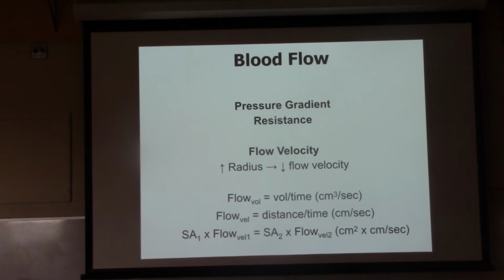So what we're talking about now is, you've got some vessel that changes the radius as you go through. But whatever comes in has got to come out. Right? So when it gets to this larger radius, it's going to slow down. Get a smaller radius, it's going to speed up. Which kind of goes against what we had said back there with the resistance thing. Where that resistance takes effect is if we